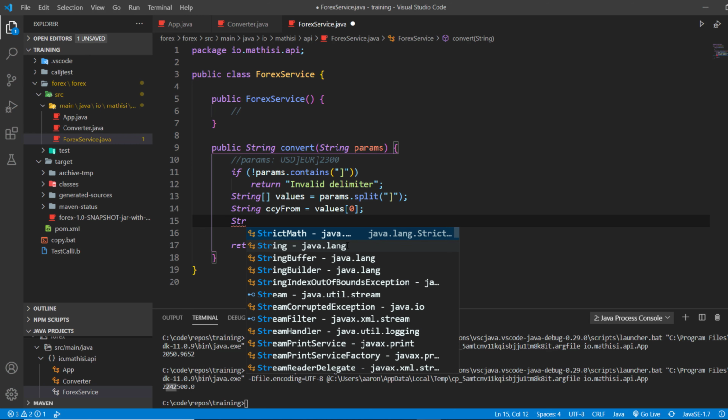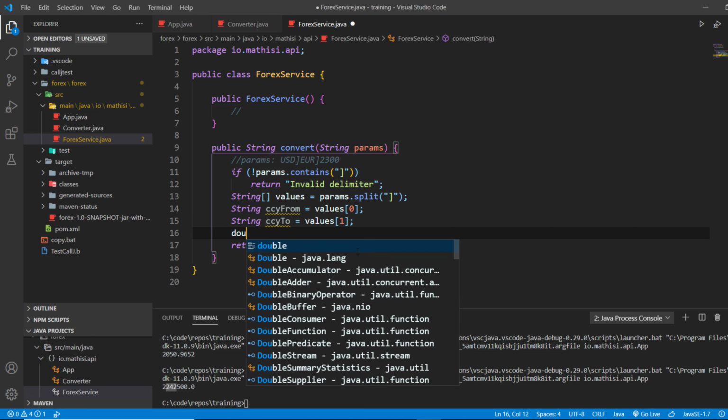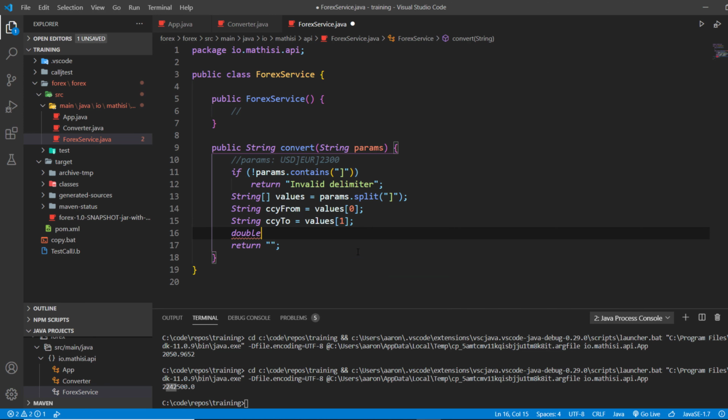So the string ccy2 equals the values, the second value. So Java is a zero-based index, not like T24 info basic, where the index starts from 1. In Java it starts from 0. Now double, because the amount, we want to convert the amount into a proper double. Let's say this is amount